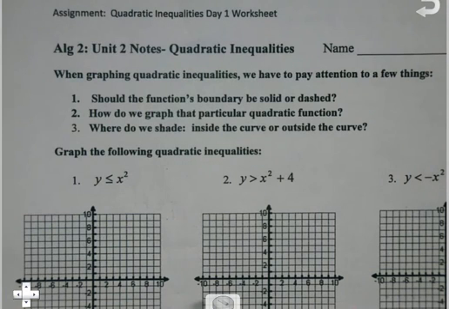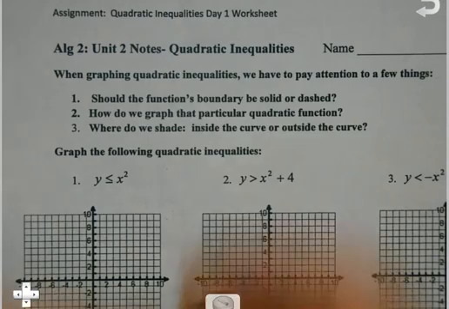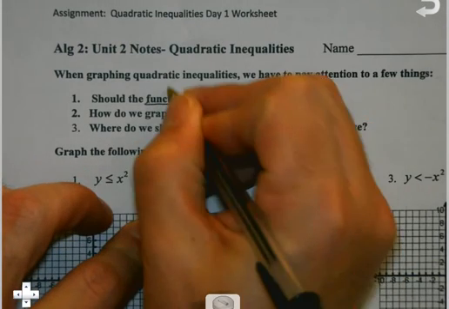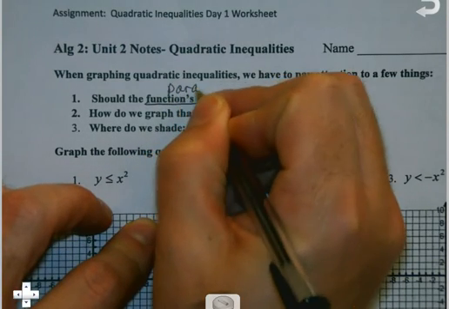So as we start discussing quadratic inequalities, like I said earlier, it's a combination between two things that we've done before. Graphing parabolas and dealing a little bit with interval notation. So, a couple things up at the top we want to have a grip on, though, before we get too far with this. Okay. When I draw my parabola, should my function's boundary, and that's just a fancy word for,